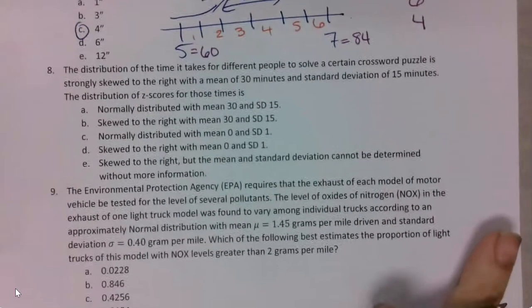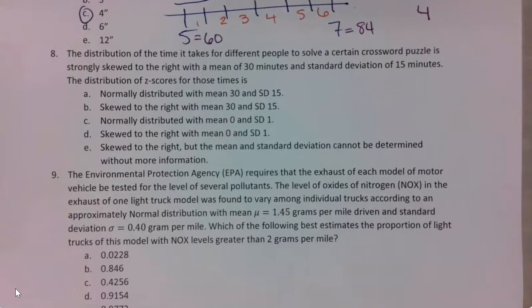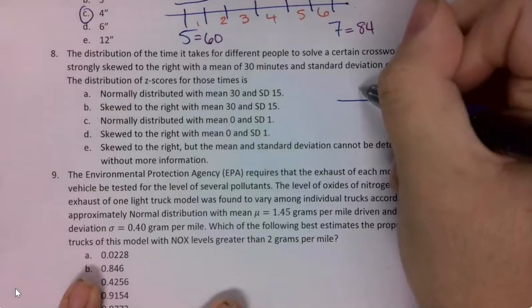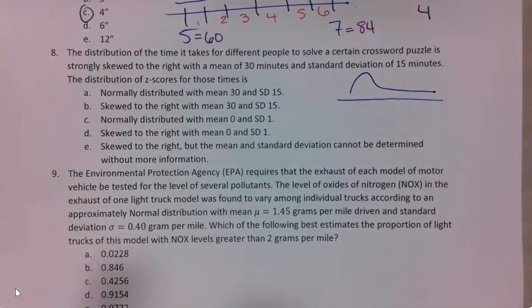Number 8 says the distribution of time it takes for different people to solve a certain crossword puzzle is strongly skewed to the right. So when it says skewed to the right, that means it looks like this, with a mean of 30 minutes and a standard deviation of 15 minutes. The distribution of z-scores for those times is